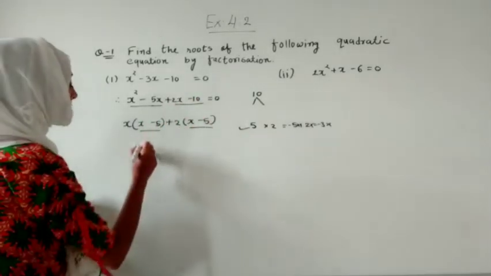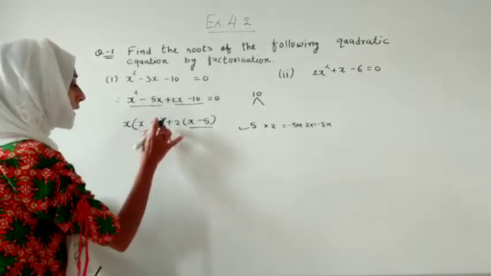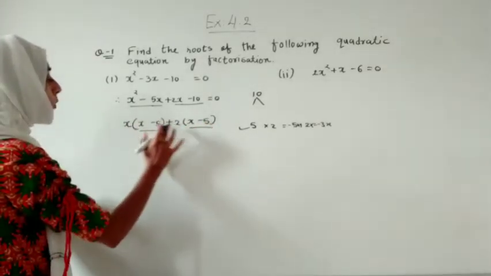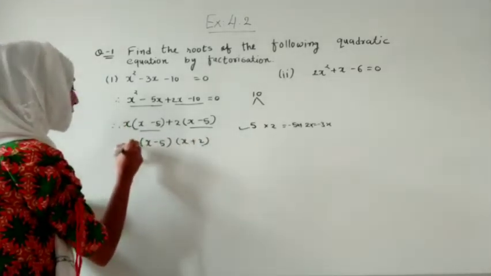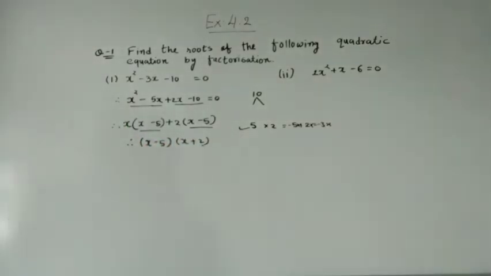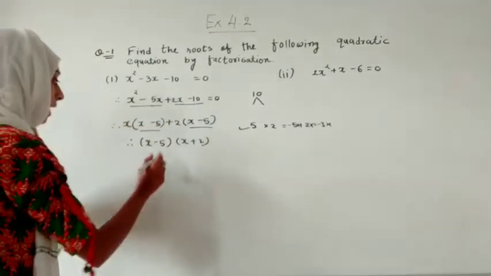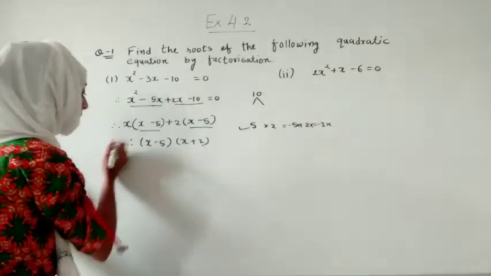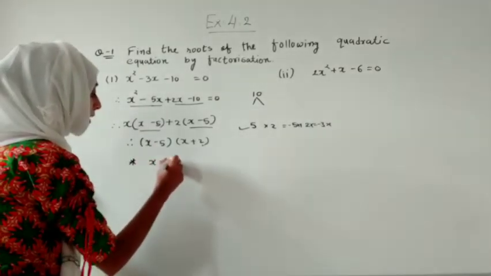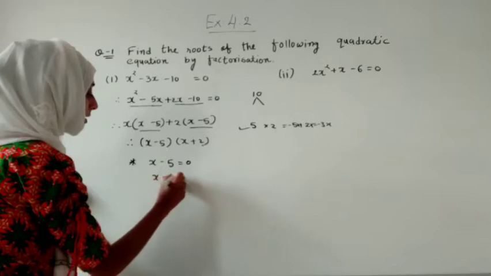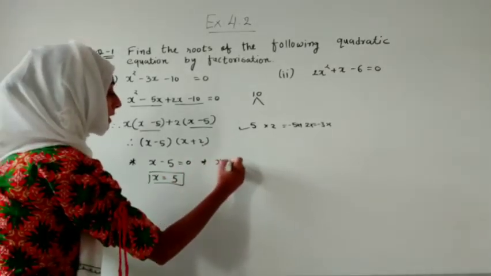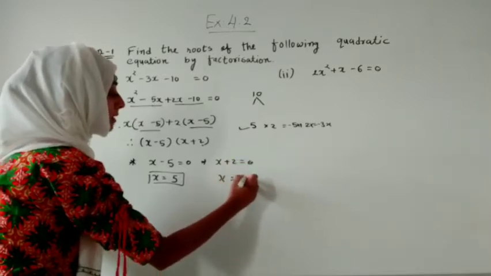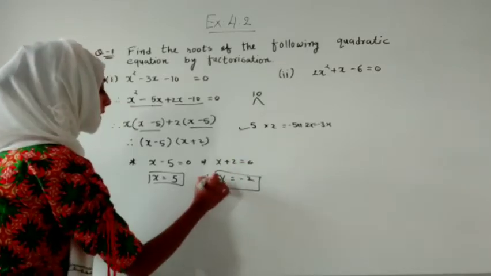अगर हमारे दो bracket same है तो हम पहले first bracket को लिख देंगे जो same है, और now whatever is outside that we will write inside. Now here we got two factors. इसे factors बोलते हैं. We got two factors of this quadratic equation. Now we will compare it with 0. So if we are comparing the first one, means x minus 5 with 0, what are we getting? x is equal to 5. And in the second one, if we are comparing x plus 2 with 0, we are getting x is equal to minus 2. So this is the concept.